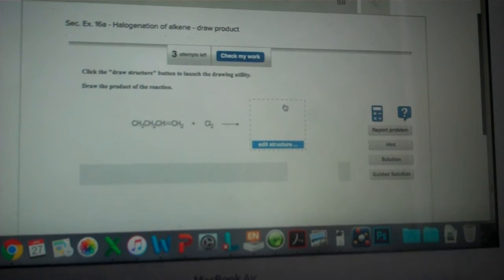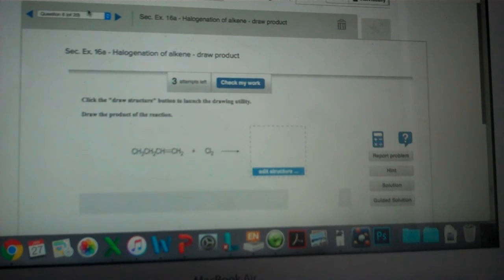Hello everyone. I received a few emails from some of you about having some trouble with drawing the structures for the homework problems. So what I wanted to do is for us to go through one of the problems together and see if we can do it, and hopefully we'll be able to help you with drawing structures for future homework. So this is question number 6 on the most recent homework